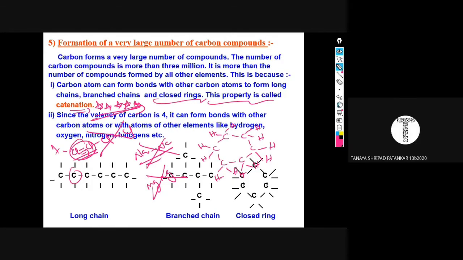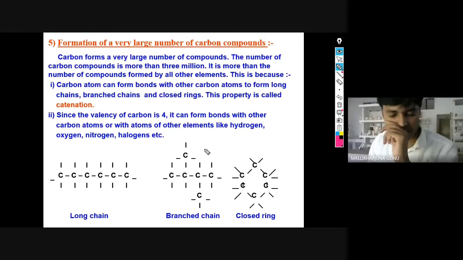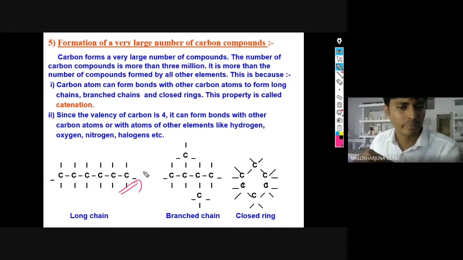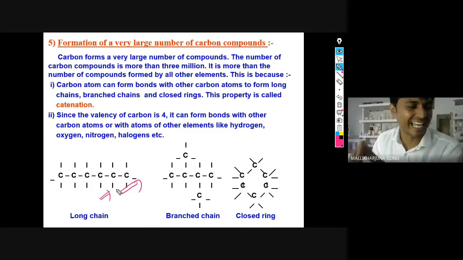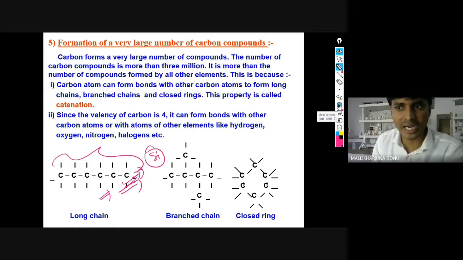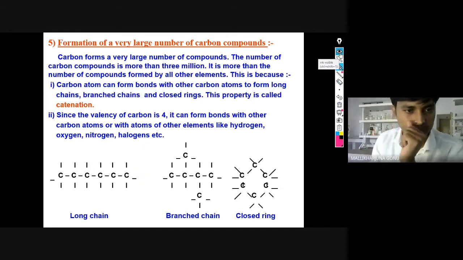Can silicon make bonds? Yes, silicon's valency is also 4. It can also form bonds, but these many millions of compounds are not available for silicon, only a few. Naturally that's how they form, and size and many other things are factors. Carbon is majorly available in human beings, in plants, everywhere. Silicon is also available, but it does not form branched structures because size also matters. Silicon is a bigger atom than carbon. You will understand that in higher studies.